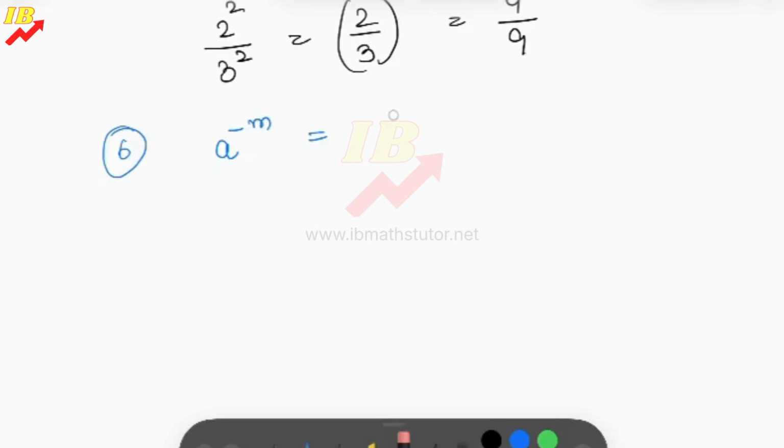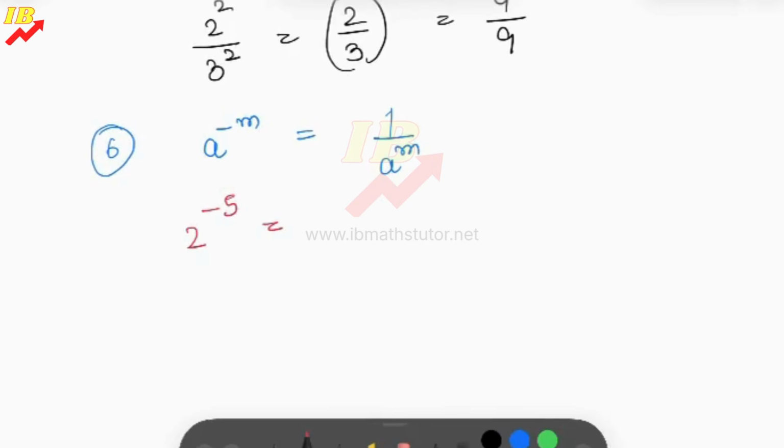So it is going to give you 1 over a to the power m. Okay, so let's understand it better. If I'm writing 2 to the power negative 5, that means if I want to make a positive power here, or the positive index here, I'll be writing it as 1 over 2 to the power 5